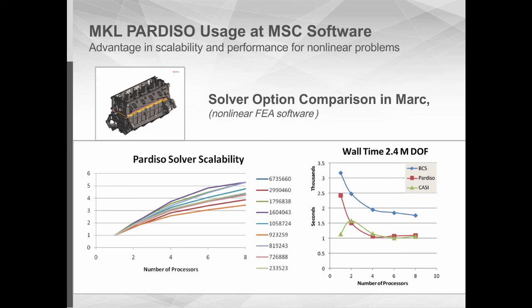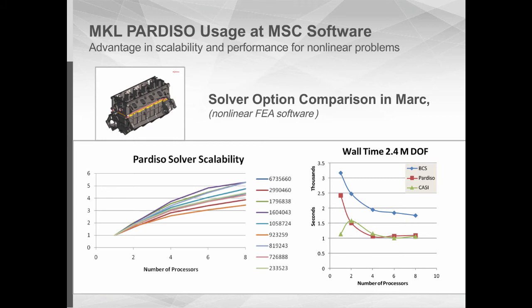This tells the customer that if you use 4 cores or 6 cores or 8 cores, you're going to get the lowest time at 8 cores. This is not always the case with a parallel code, which has a tough time achieving scalability. But for Pardiso in Marc, as you see here, it is advantageous to go all the way up to 8 processors. Now on the right, we can see that Pardiso is faster than the default Marc solver, BCS, and actually